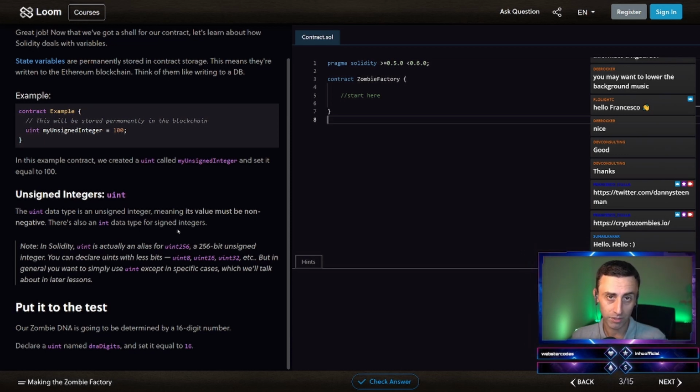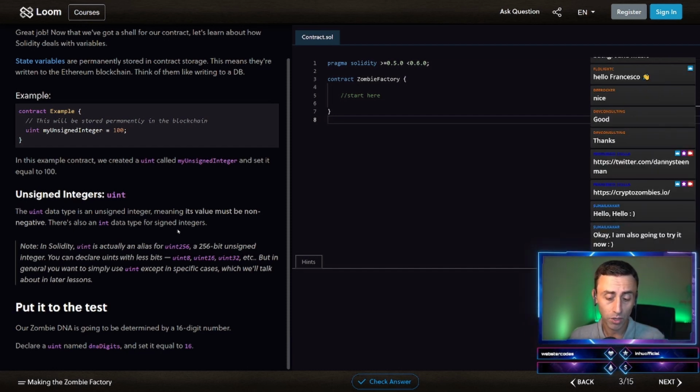There's also an int data type for signed integers, so we are already learning about some data types, which we need to check, of course. In Solidity, uint is actually an alias for uint256. Okay, I'm also going to try it now.